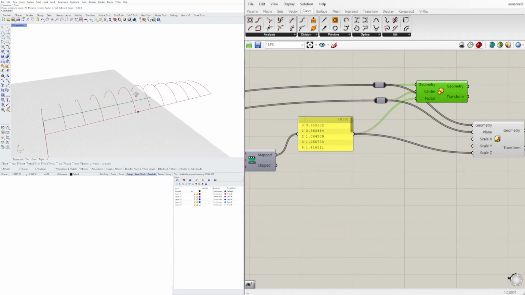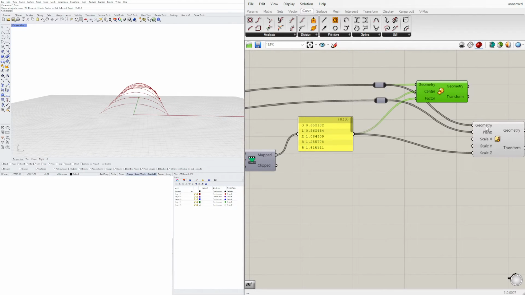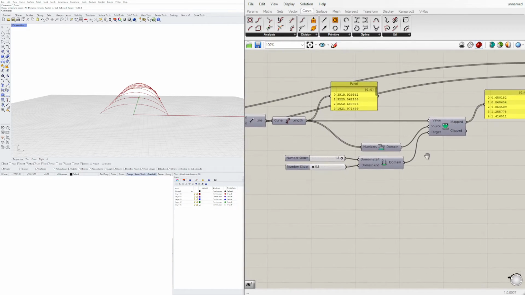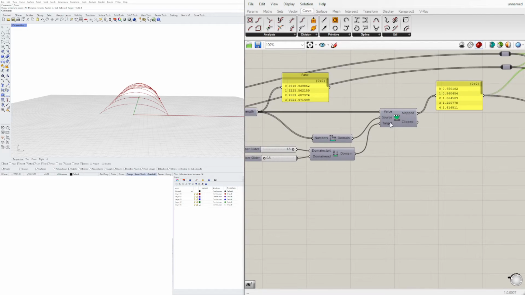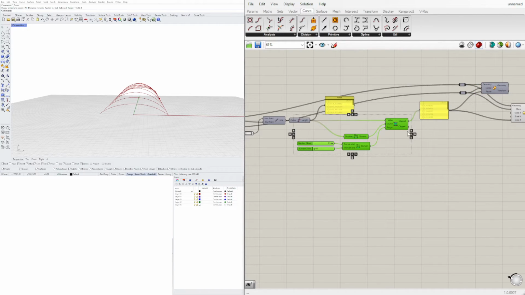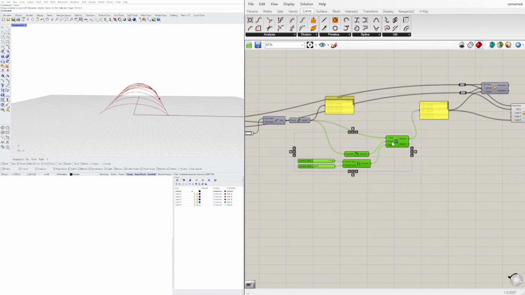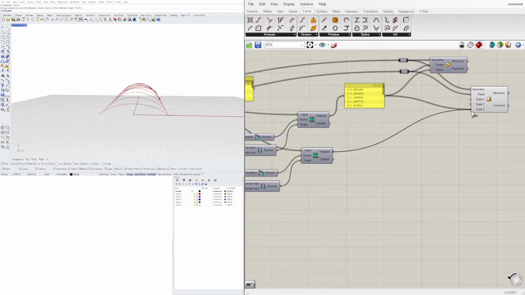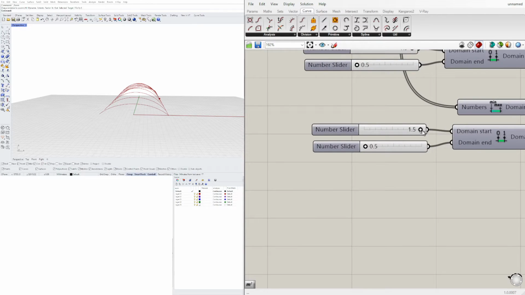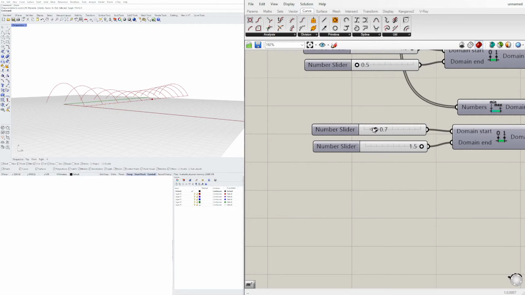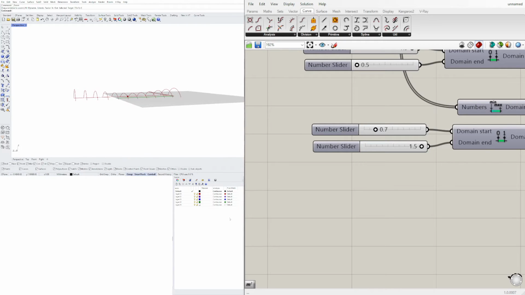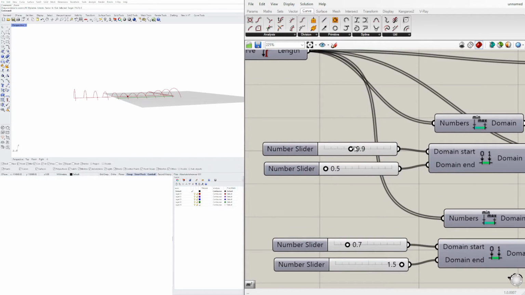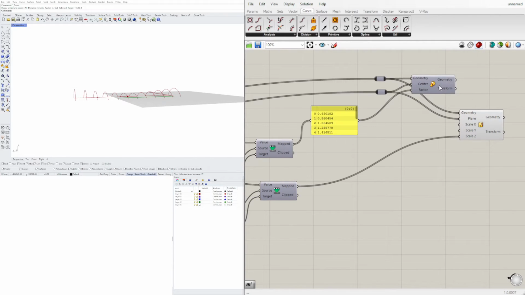We can also change them in other ways, in the sense that we only have from 0 to 1.5. So if we wanted to change that, we can take these. I'll copy them down here. And these remap numbers can go into Z value. And this way, it can help do the opposite this way, right? So if it scales it, and then